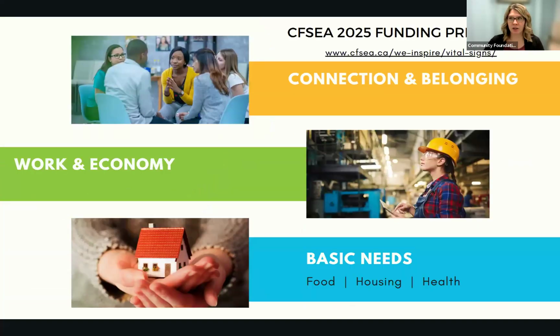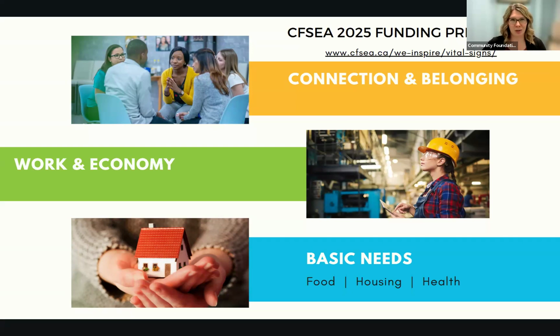Our Community Impact Award requires that your project fit within one or more of our vital signs priority areas. You'll see those areas listed below. This is from our vital signs report. You can find that on our website under initiatives and then under vital signs. And you can view our most recent report.